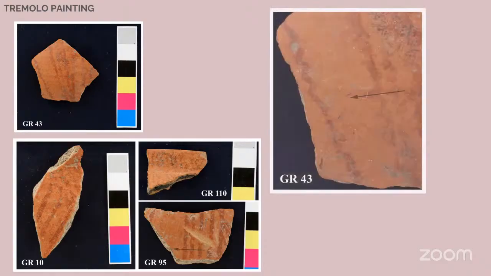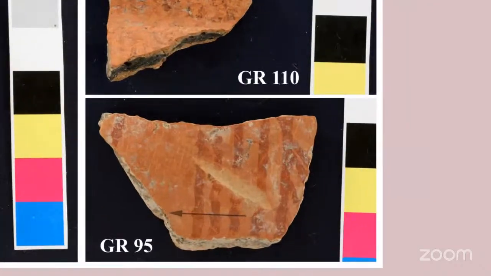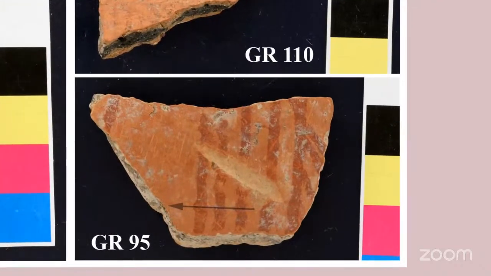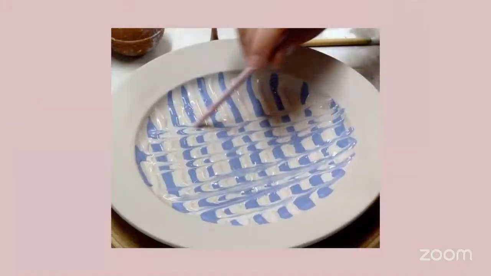On some of them, these waves of adjacent lines follow each other, like here. So maybe this was done by dragging the paint of these lines with some kind of tool that made these smudges. But we have to test this with an experiment to see if it could be something like this.